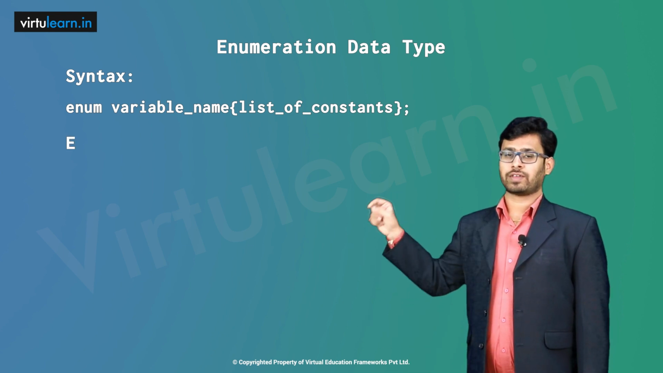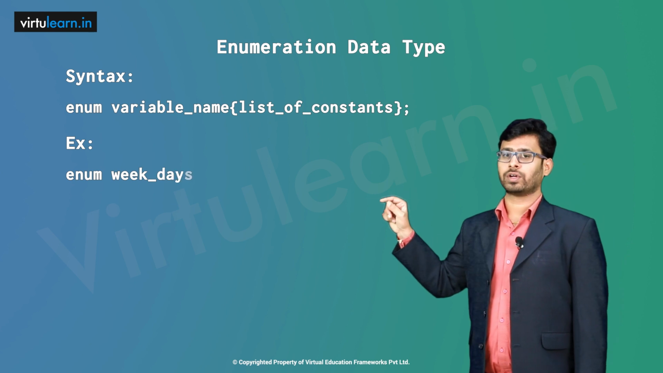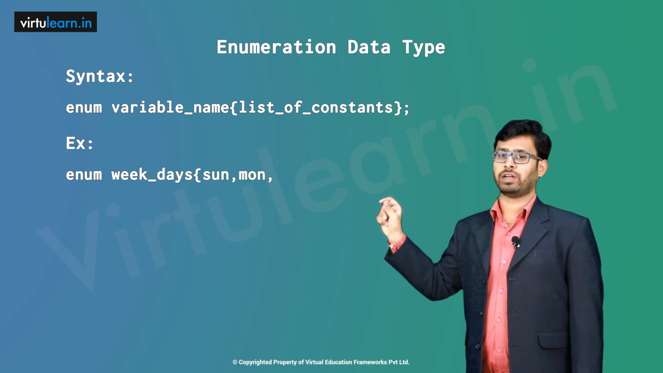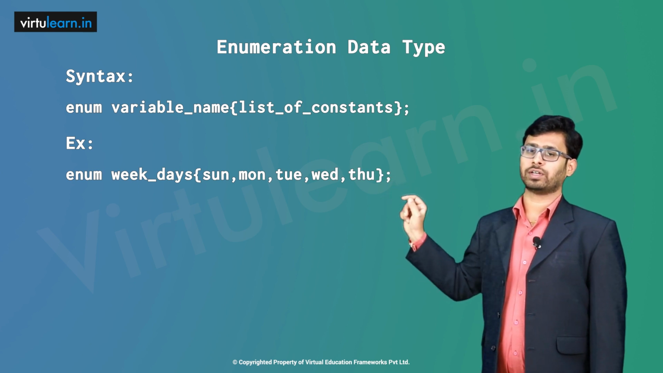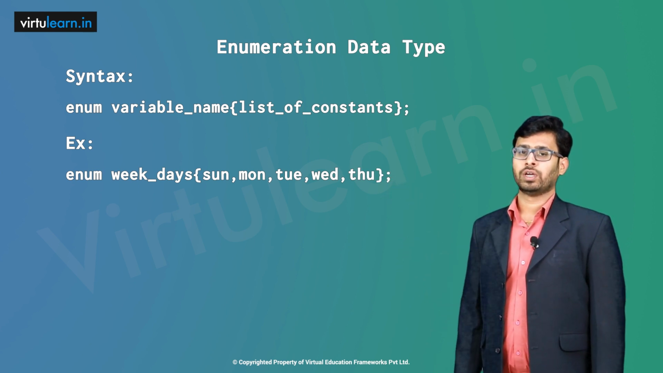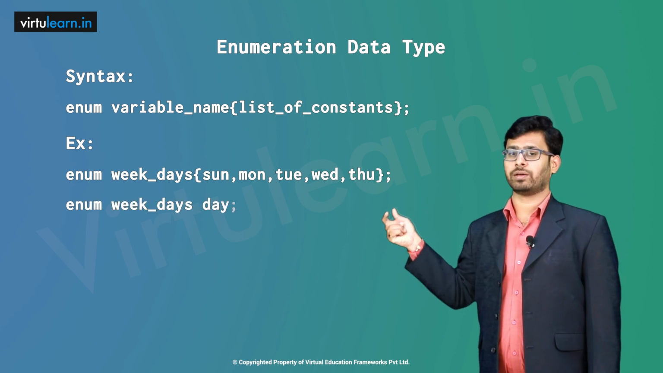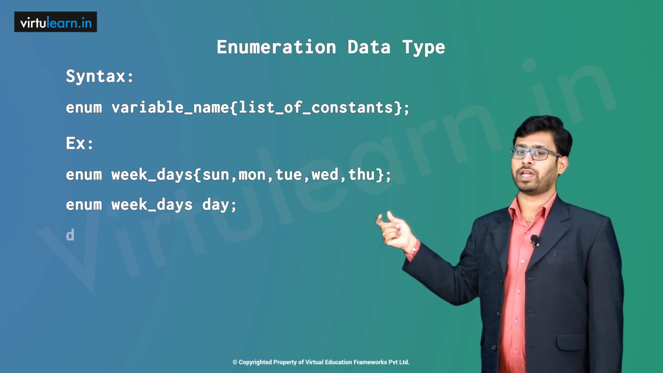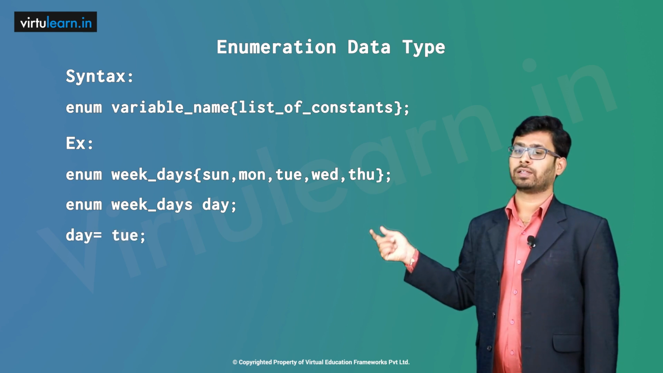Next example: enum week_days { Sunday, Monday, Tuesday, Wednesday, Thursday }; closing the curly brace with a semicolon. Next, enum week_days day. Now, if I am assigning day equal to Tuesday, that is day is equal to Tuesday, the output will be